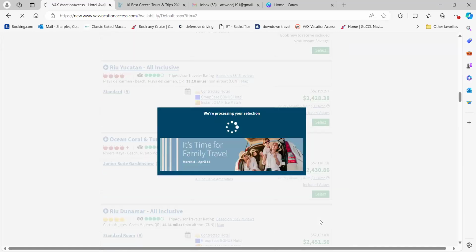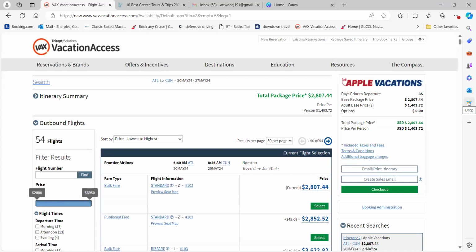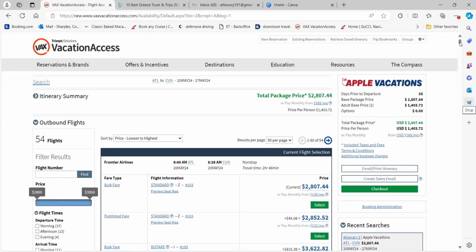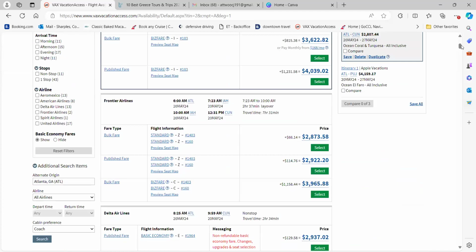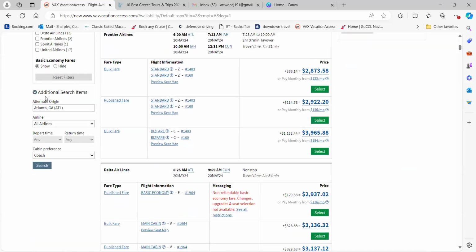And then if you're including flights, you want to see what options they have available. Me personally, if I'm quoting, unless they want the cheapest flight and they don't care about the airline, I will typically not choose Frontier, and I usually don't choose Spirit. That's my preference. Obviously, you can use whatever you like, but I usually don't use those two airlines. So I'll usually use, like I said, Delta or American Airlines.